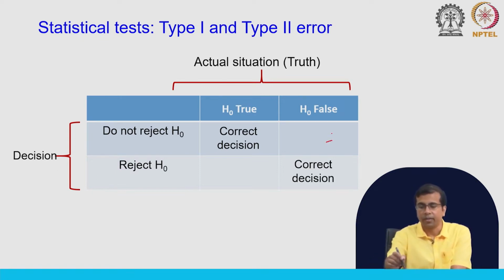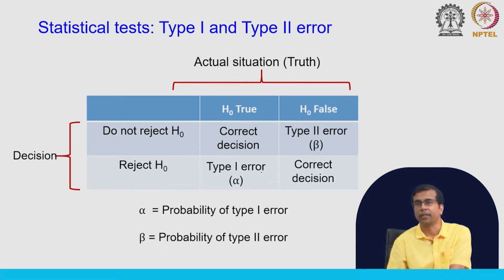So, the first one here: H naught false, do not reject H naught. Even though H naught is not true, the statistical test is not rejecting H naught. Similarly, here when H naught is true, it is falsely rejecting H naught. So, these two are errors, the statistical test is making some error. The first one is called type 1 error, and